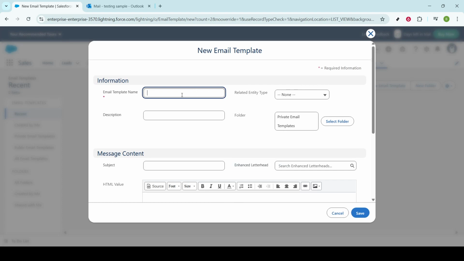After you've initiated the creation of a new template, it's time to fill in the key details. This step is crucial, as the information you provide will determine how your email template is utilized. Start by entering a name and a description for your template. The name should be something easy to recognize, especially if you're planning to create multiple templates. A clear and concise description will give anyone accessing the template an understanding of its purpose and contents, ensuring seamless